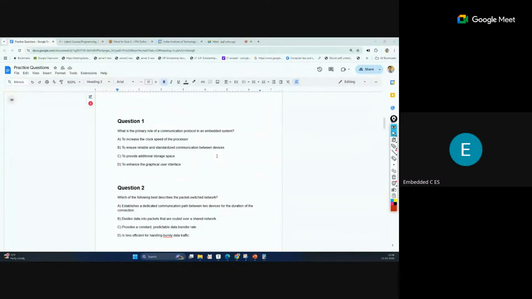Okay. So now tell me, we have discussed similar types of questions. Now you can just tell me the answer for this. What is the primary role of a communication protocol in an embedded system? What should be the answer for this? Just read the options and see what is the most relevant answer.